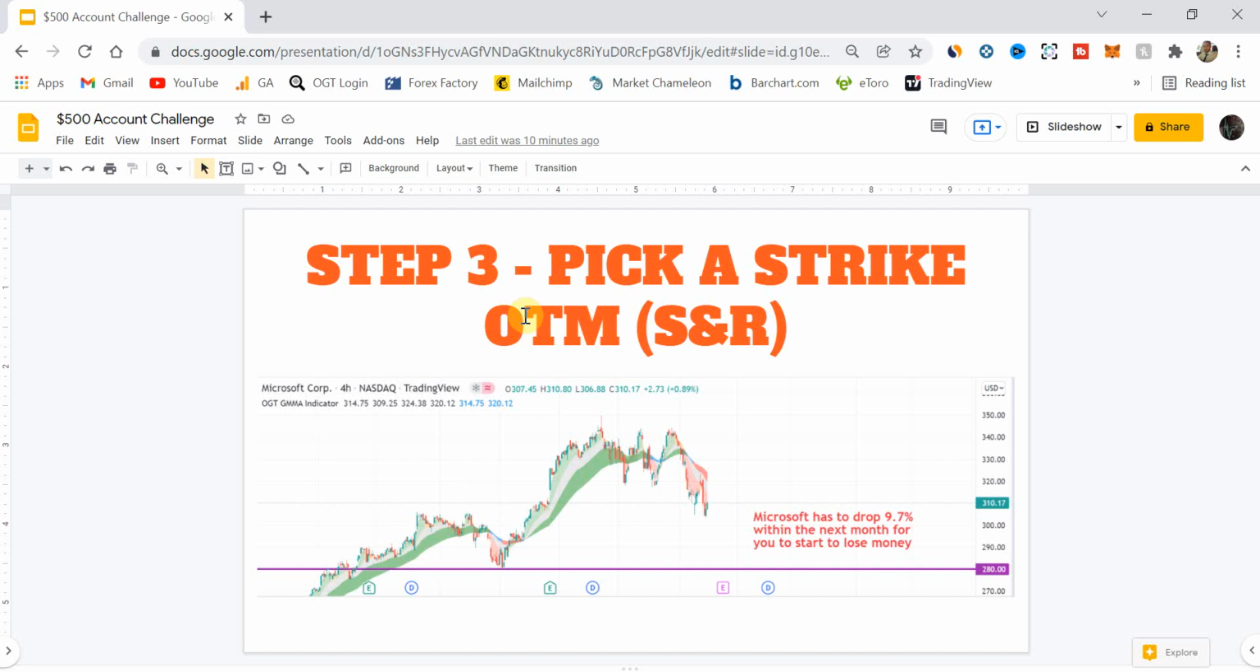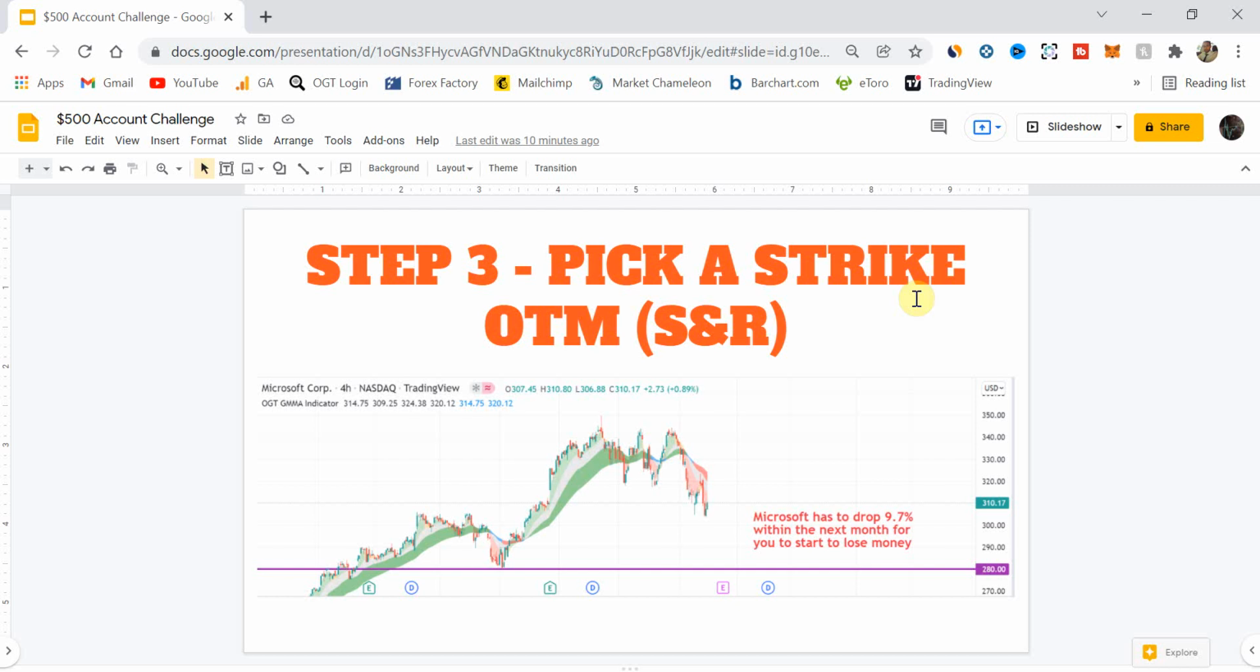TradingView, and again, TradingView in my view is free as well. It's one of the best charting packages out there, or web-based charting packages. And again, the link to that is also down below if you're interested in having a look at TradingView. Don't worry about these green and red lines, all that kind of good stuff, because that's just one of the indicators that I've got on the platform. But the key thing here is finding a strike price where you don't think Microsoft will